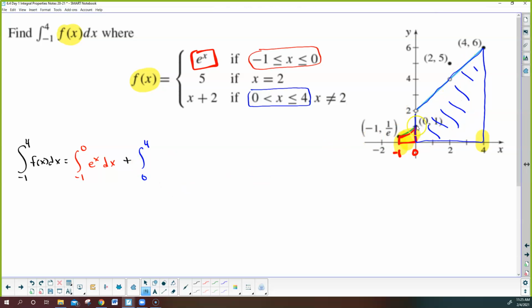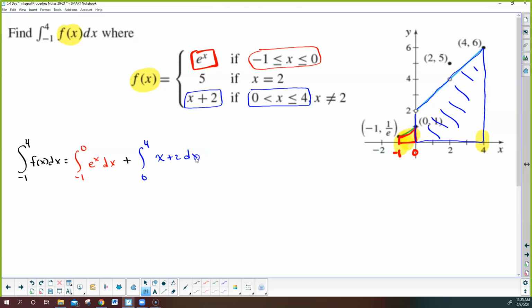Now we could do this, at least this part, geometrically, right? This is just a trapezoid because that's a linear equation. But I want to practice our antiderivatives. So I'm going to put f of x, which now for this piece from 0 to 4 is x plus